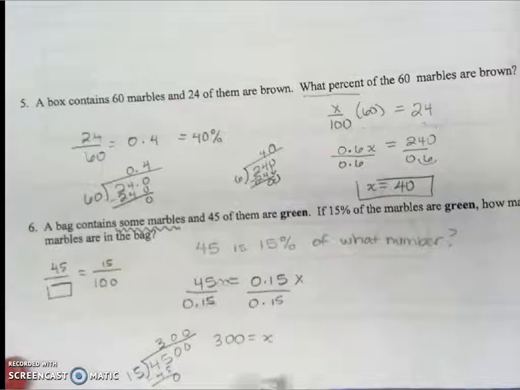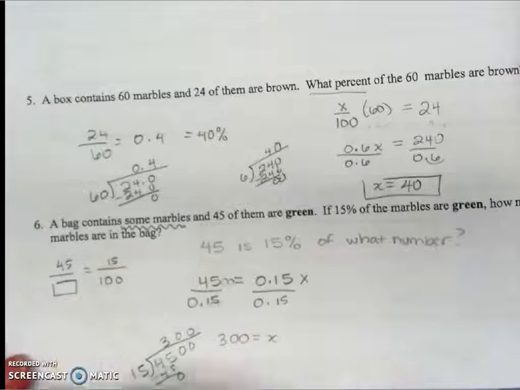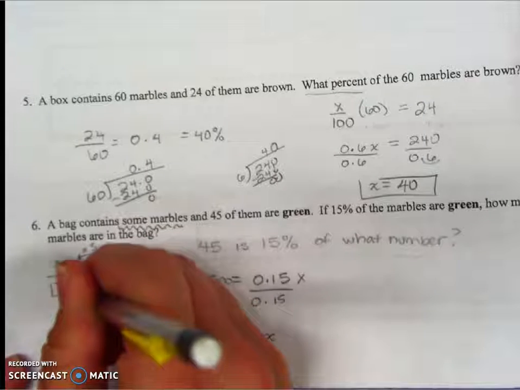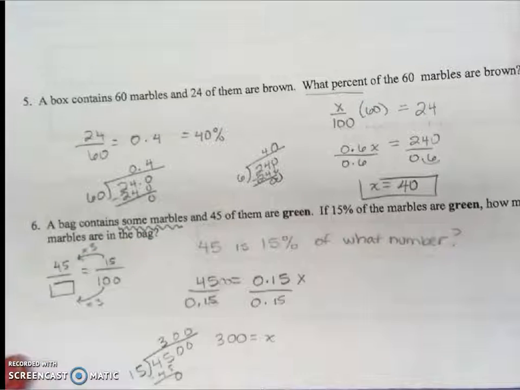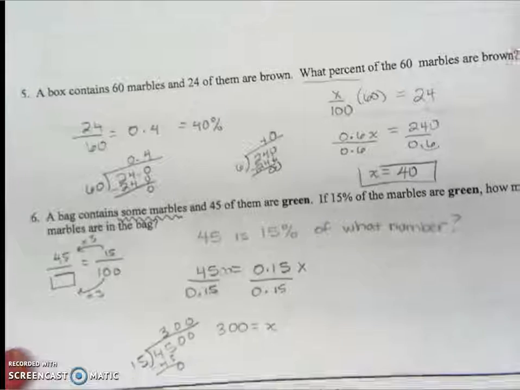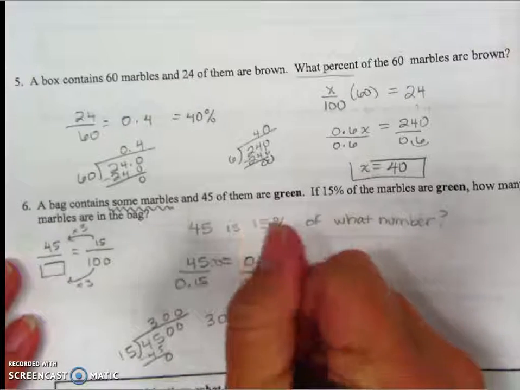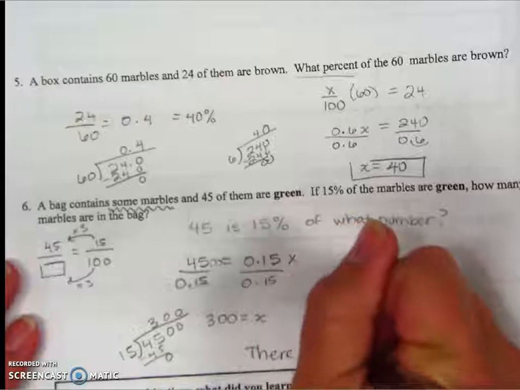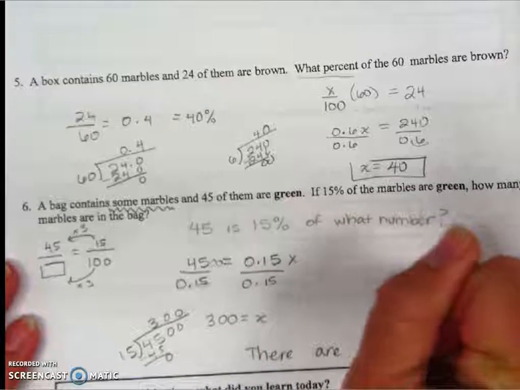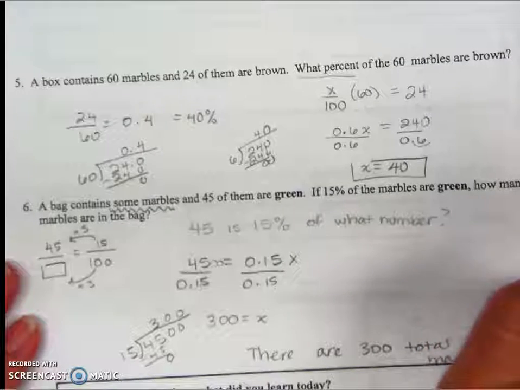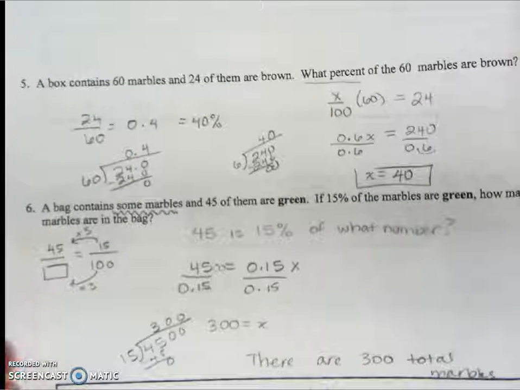All right, so that means it was 300. Now we could see it here as well, that they took the 15 and they multiplied by 3, so we'll take the 100 and multiply by 3. But either way, both methods would work. Whatever works best for you, you are free to use, but you just need to answer the question here. So how many marbles are in the bag? There are 300 total marbles. All right, so make sure that you go back and work on number 4 on your own